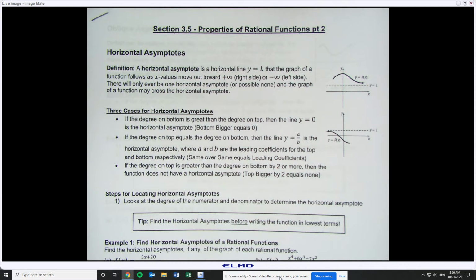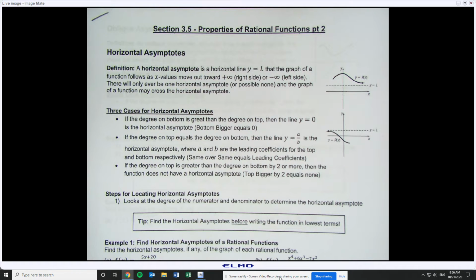Today, we're going to finish up on the properties, which there are only two more to talk about. And then we're going to bring it all together and talk about how you can find every property and use those to graph your function. So to start with, we're going to talk about horizontal